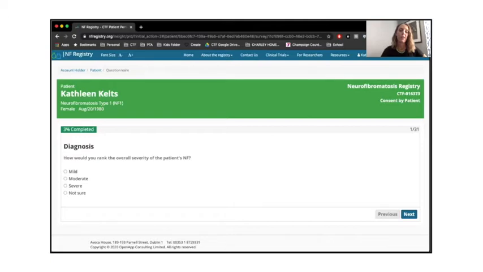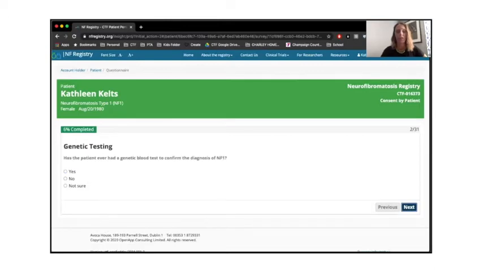So the first thing it's going to ask is how you would rank the severity of the patient's NF. And keep in mind again that the patient in this case is the person you've enrolled and the name at the top of the screen. And so I'll go ahead and select mild. You will notice no yellow triangle. I would be able to skip this question if I chose to. Genetic testing, has that ever been done? So here's what I would like to show you is that if you select yes,